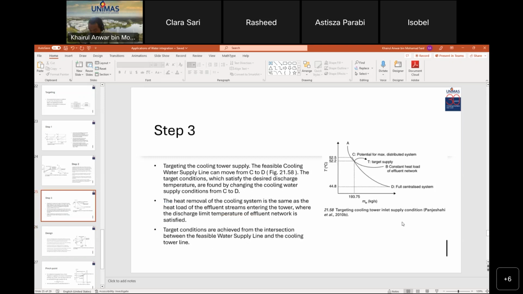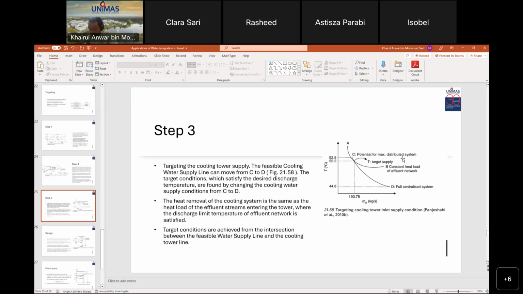The next stage is to find the target supply condition. This is how to find the target supply condition. For the cooling tower, the feasible cooling water supply line can move from maximum reuse to parallel design, no reuse, A to B,